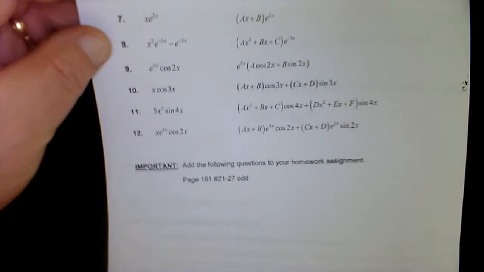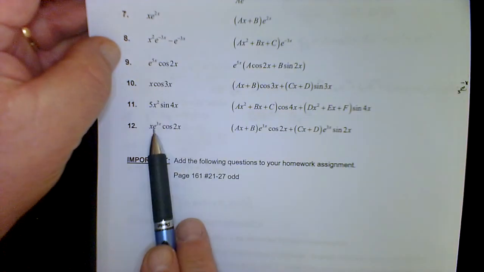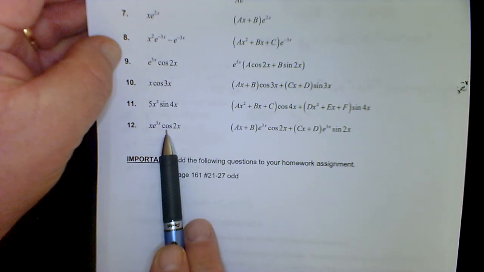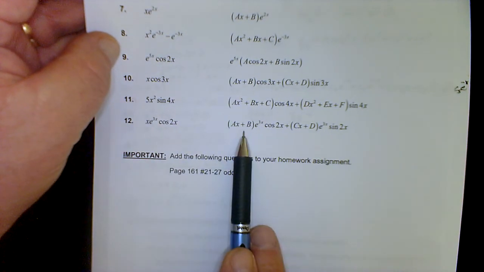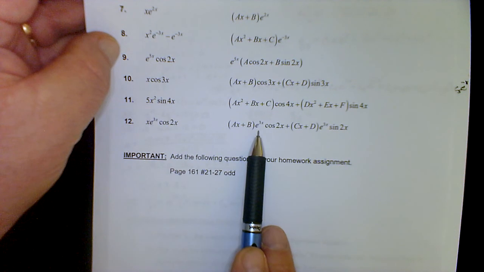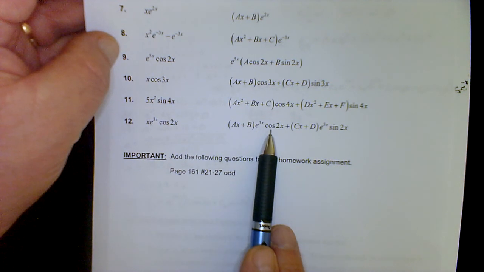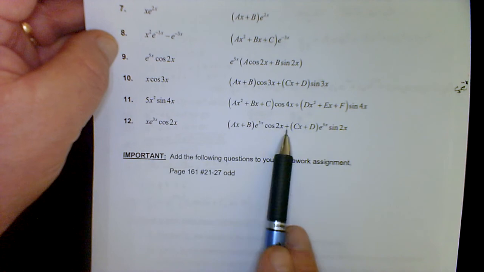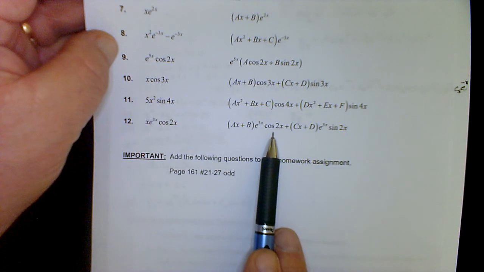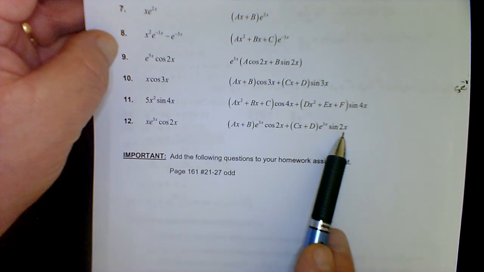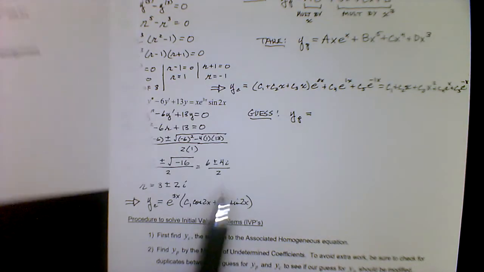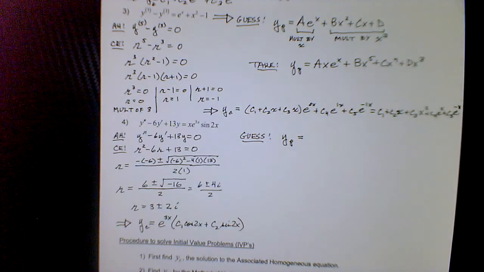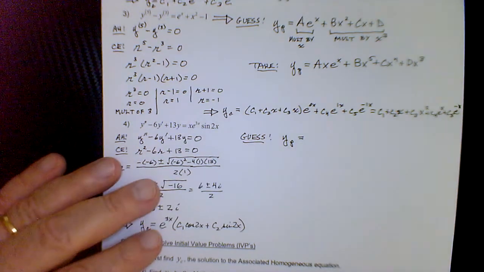And this is actually number 12, the most complicated, including all the different classes of functions. So this is what we need. So we need an ax plus b to accommodate the linear factor, an e and a cosine to accommodate the exponential and the trig. But then we need another term as well, because remember, if you have one cosine or sine, you got to have the other in your guess as well. And so, therefore, our proposed guess is